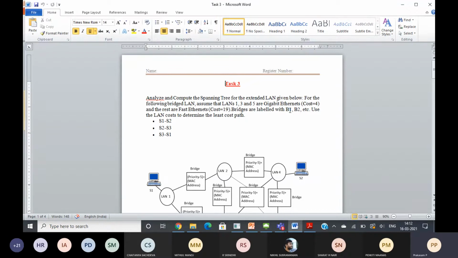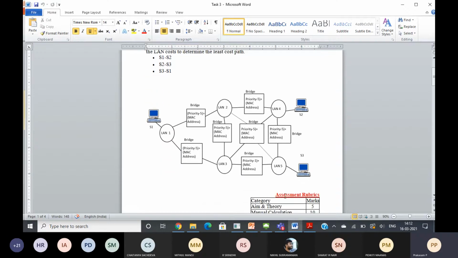If it is gigabit, its cost is 4. Fast Ethernet its cost is 19 in NetSim. The rest are fast Ethernets. Bridges are labeled B1, B2, B3. Use the LAN cost to determine the least cost. We will do the problem like this. This is the actual task, but today's class I will do the sample task. Next class you can do the actual task.